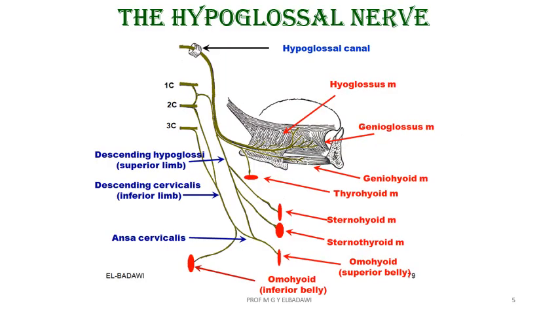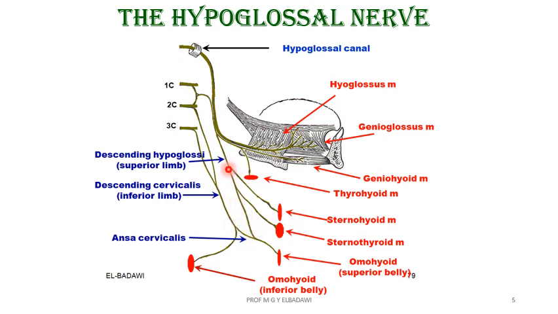The nerve supply of those muscles has been described before, where the first cervical branch will join the hypoglossal nerve in its sheath. Then from the first cervical, a direct branch goes to the thyrohyoid, while that first cervical will be the superior limb. The second and third cervical will form what we call the inferior limb. Both of them will unite to form the ansa cervicalis.